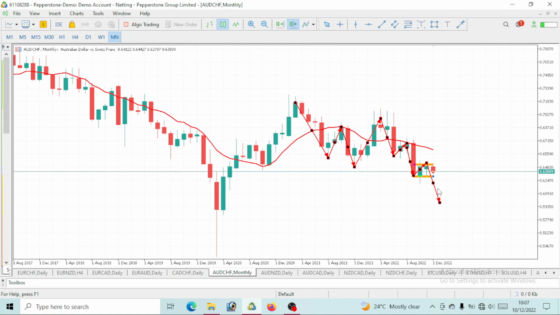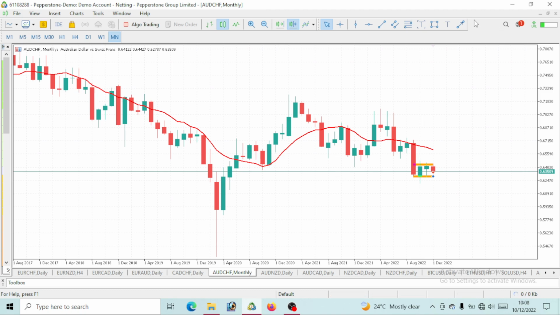On the monthly time frame, especially in the long term, this AUD Swiss franc will drop, right? There's no doubt about it in the long term. You can also see that price is trading below the 10 period moving average. We all know that once price is below the 10 period moving average, especially when you want to take a trade in the long term, you know that this is a sell, right? You are forecasting the next 4, 5, 6 months. But as of now, AUD Swiss franc is actually not dropping, right? You're having a range market move, which is giving us resistance and support. We will get into that soon. So that is it on the long term.